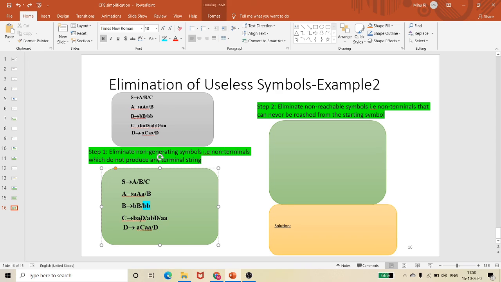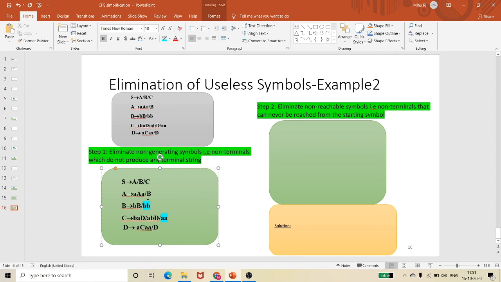Now, for C, you can see that we have a generative A, and for D, you can see there is no generative, but I am having capital C. In some cases, if I am having some production for this capital C, and I substitute these two A's, then this becomes generative, obviously, because C is generative. So D may also be generative by substitution. We can't eliminate D simply because there is no generative.